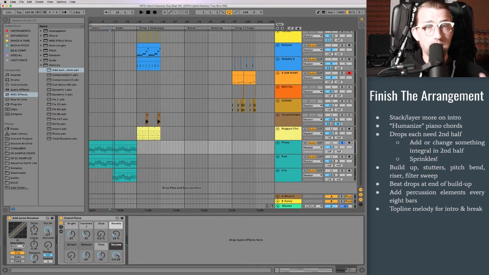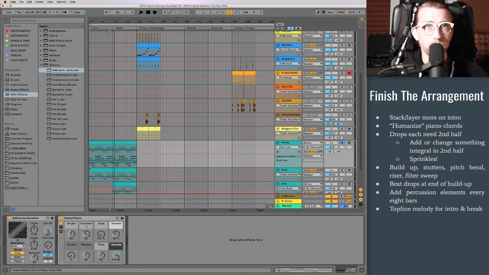All right, so now it's sounding a little bit softer, which is great for the first half, but let's go in here to our low setting on this add some random MIDI effect, and we're just going to draw a small line up until the very end. So the second half, maybe by the second chord, we're going to draw it up to like 10 or so, and that'll make it so that the softest chords on that second half are not quite as soft as the first half. You can see they're a little more firm sounding,